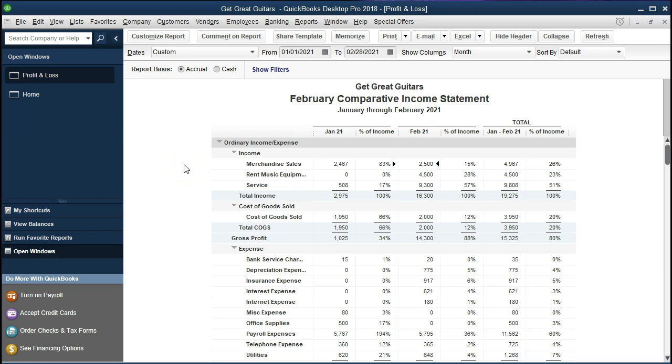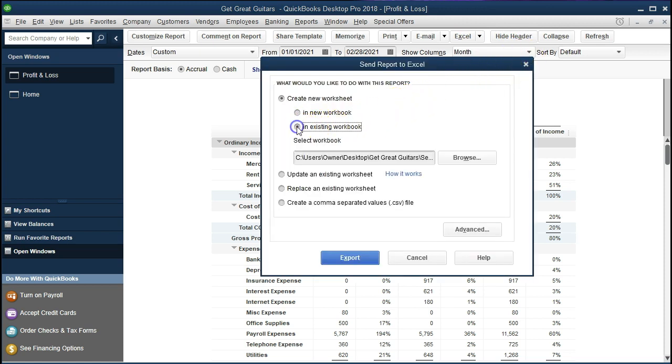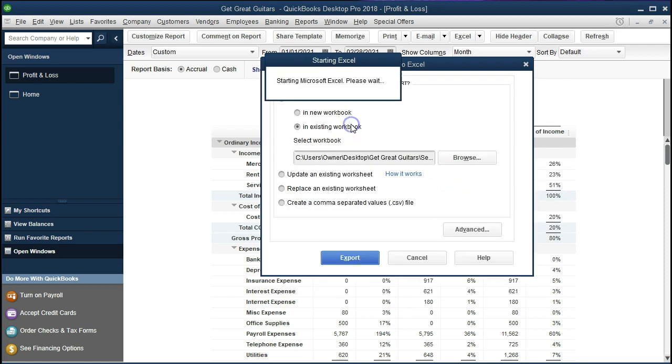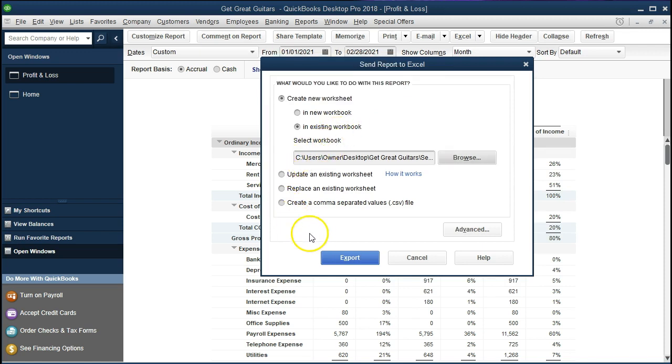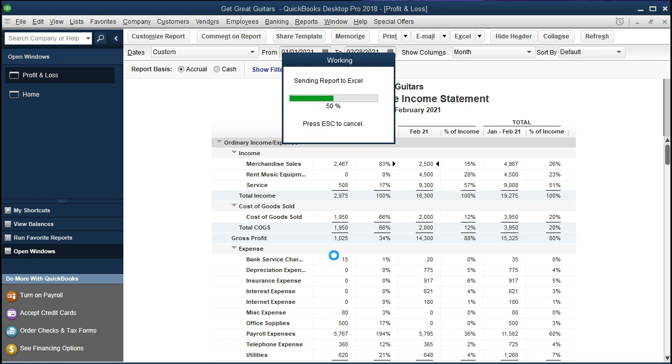We're going to go ahead and save this or export it to an Excel sheet we have already created by going to the Excel drop-down up top and create a new worksheet. And we are going to put it to an existing workbook. Browse to find that workbook. Happens to be going to where we would like it. That's great. We're going to select that and either select open or just double click on it, and then we will export this information. It should then open up Excel, export this information to a new tab within Excel,